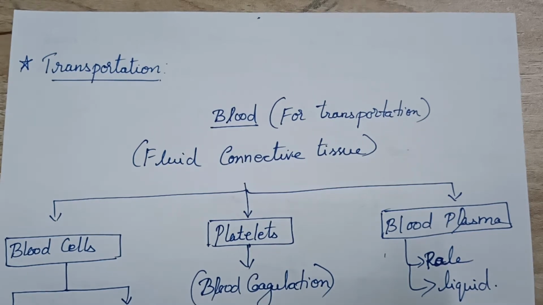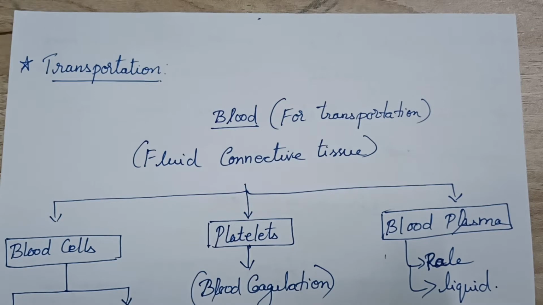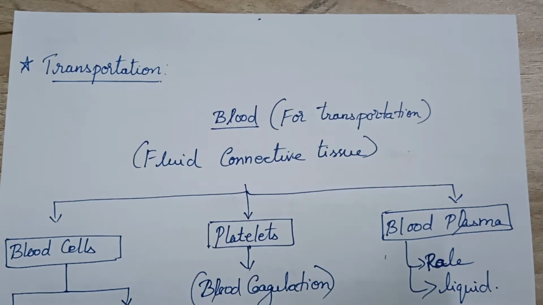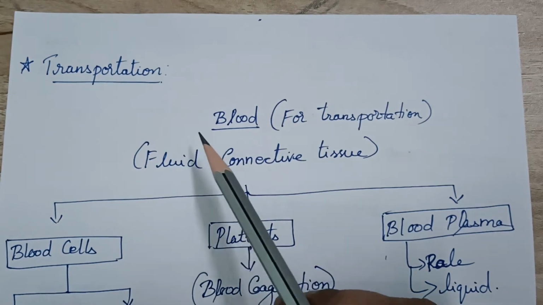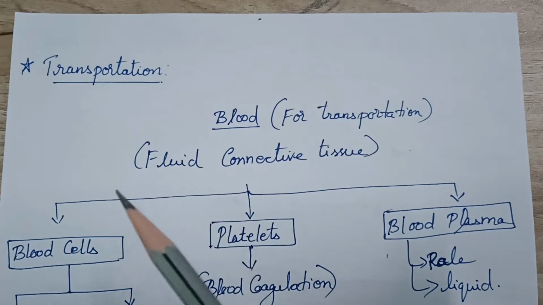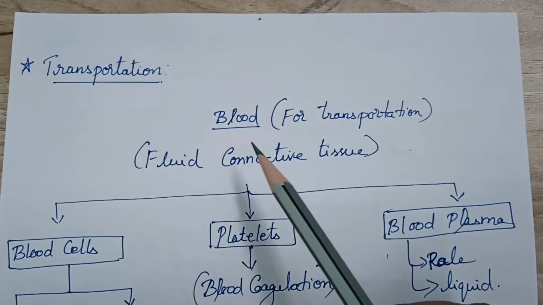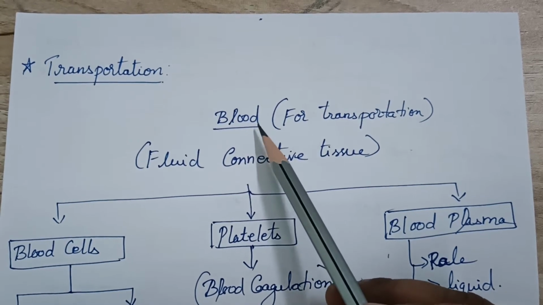So whatever we consume in nutrition has to be transported to all the parts of the body, right? Through which means is it transported? Through the blood, right? So transportation we are going to see, and nutrients, carbon dioxide, exchange of gas, everything is transported to each and every part through the blood,